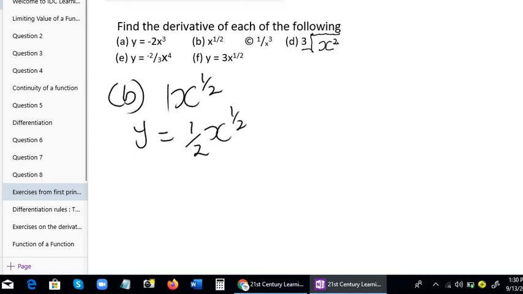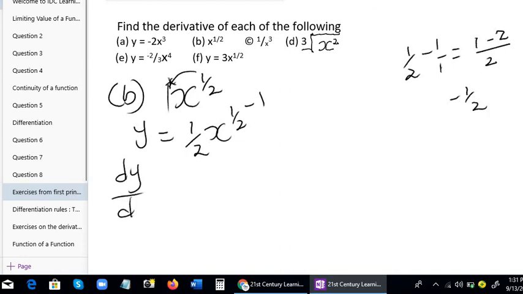Now 1 over 2 minus 1. Remember the rule. You use the power to multiply the coefficient, then you subtract 1 from it. So half, 1 over 2 minus 1. What will it give you? The denominator is 2. 2 divided by 2 is 1. 1 times 1 is 1. Minus 1 times 2 is 2. 2 times 1 is 2. 1 minus 2 will give me minus 1 over 2. Okay? So, dy/dx, if you differentiate now, will give us 1 over 2 x